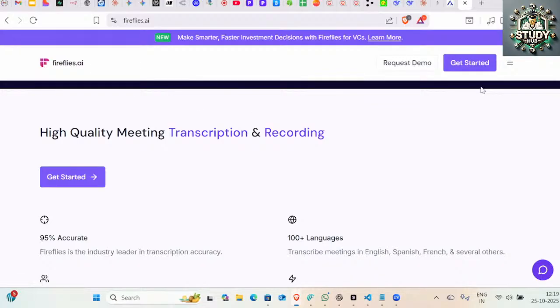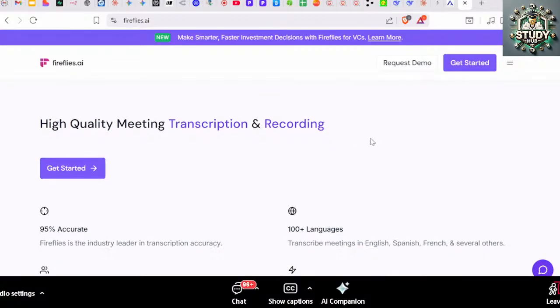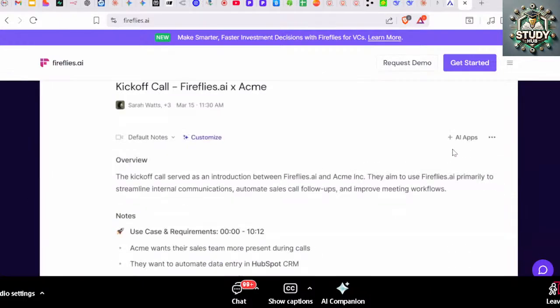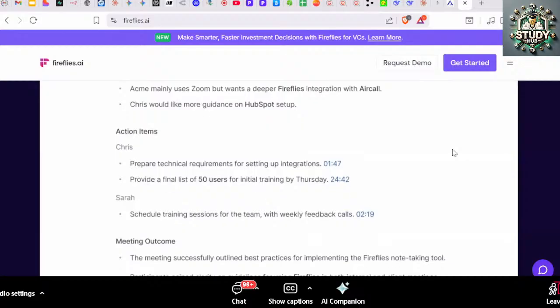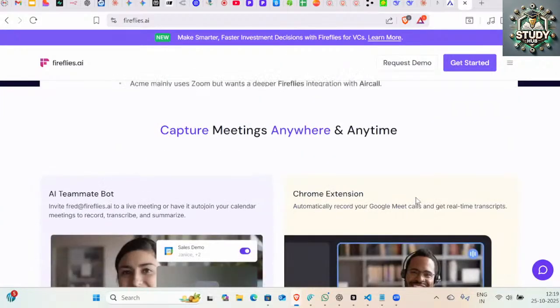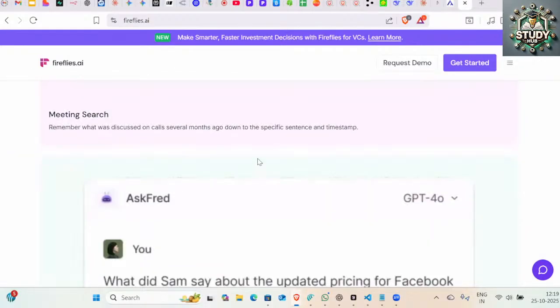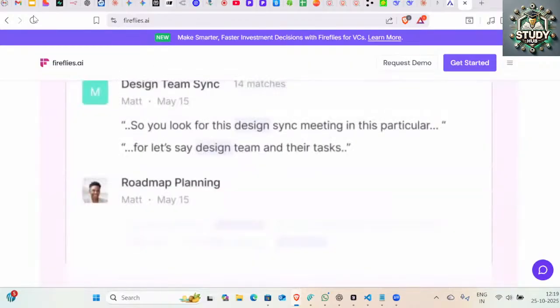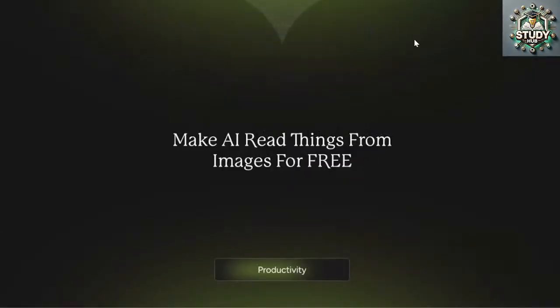So you can imagine you have your personal assistant, which is an AI, which is taking all the notes and all the things for you, right? So it's a very great productivity hack. And if you see people who are in CXO and leadership levels, where they have a lot of meetings to attend, all of them are using an AI assistant, right? There are plenty of such apps, but you can definitely check this out, based on accuracy and all the things. So this is one of the great productivity hacks if your job involves attending multiple meetings, right? So that was Fireflies AI.